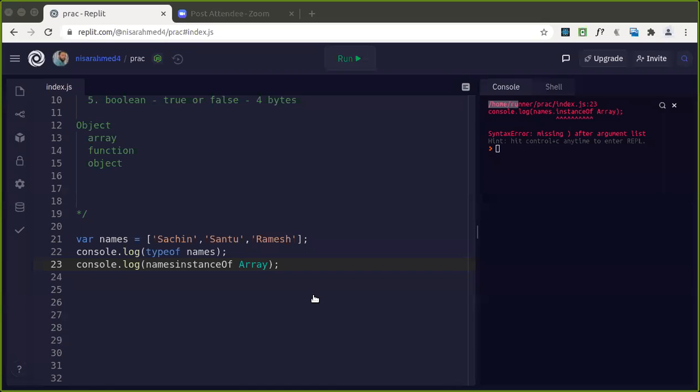So that will give you whether it is an instance of that object, like how typeof has given us the data type. So what did typeof give us? What will the instanceof operator give us? Whether it is an instance of that object. So there Array is capital.